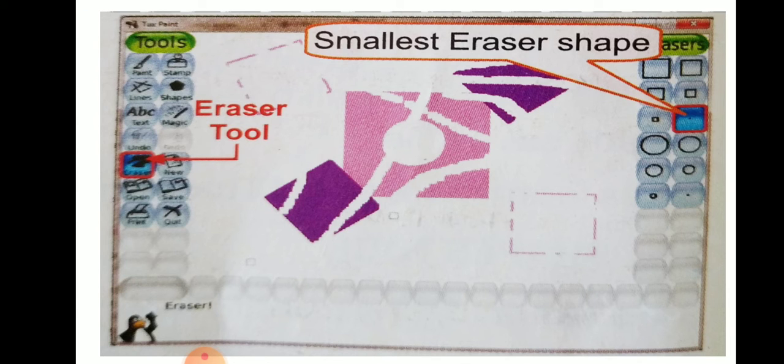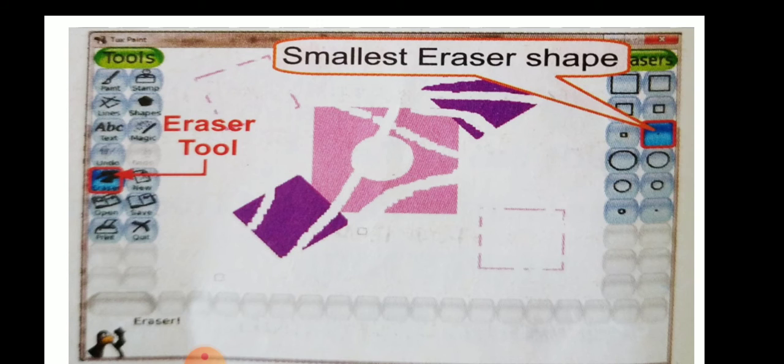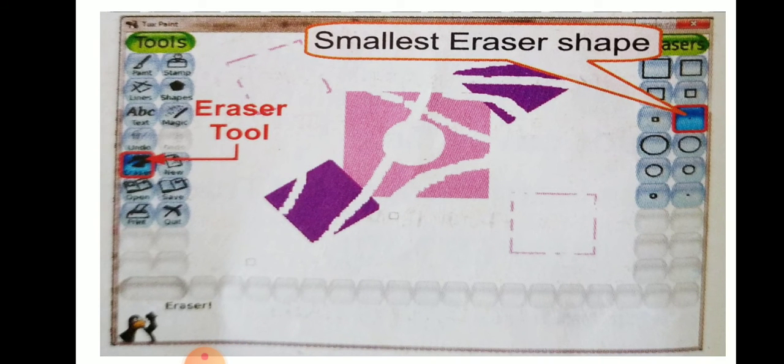And also let me move to the topic of how to erase. Children, for erasing we have the eraser tool. It is used to erase the unwanted parts of the picture, and we can easily erase them. Firstly we select the eraser tool from the toolbox itself, and we can select the desired shape of the eraser from the sub toolbox here. We bring the mouse pointer into the drawing area, click the left mouse button and drag the eraser over the area we want to remove, as shown here.